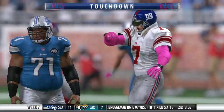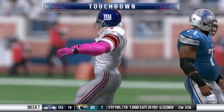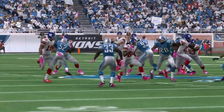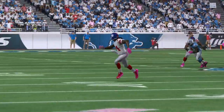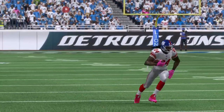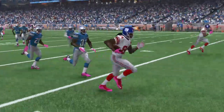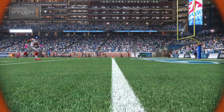Touchdown, Giants! Their big-bodied receiver, his second touchdown on the season. And the Giants strike quickly here for 6 points. And that'll give them a 2-score lead here, but I'm looking ahead. They just want to hold it for the final moments here in the second quarter. They don't want to give...